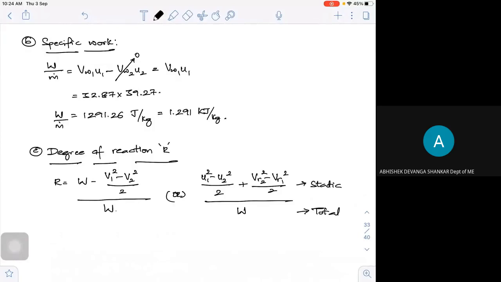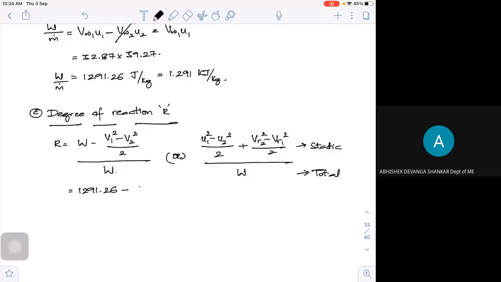Simply, I know the W value. It is 35 square, that is V1 square, minus V2 square, and V2 is equal to Vf1 and Vf2, so it is 11.97 square divided by 2, whole thing divided by 1291.26. So that is my R is equal to 0.58 something, 0.58 you are getting. So this is a number less than 1. So the degree